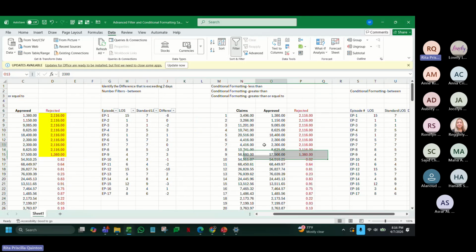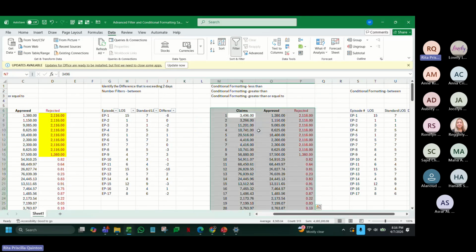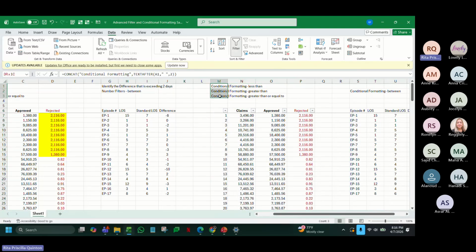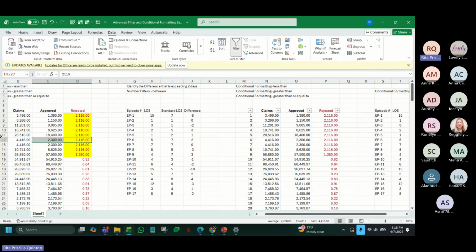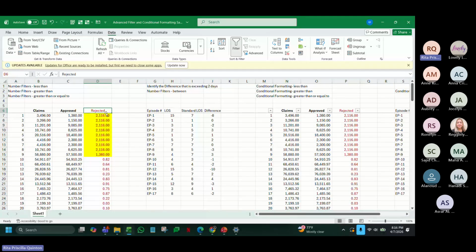Here on the third example, I filter them again. We will use conditional formatting instead of filter, because here we filtered it and highlighted them, right? If I change this to 1 real, it will still be filtered.